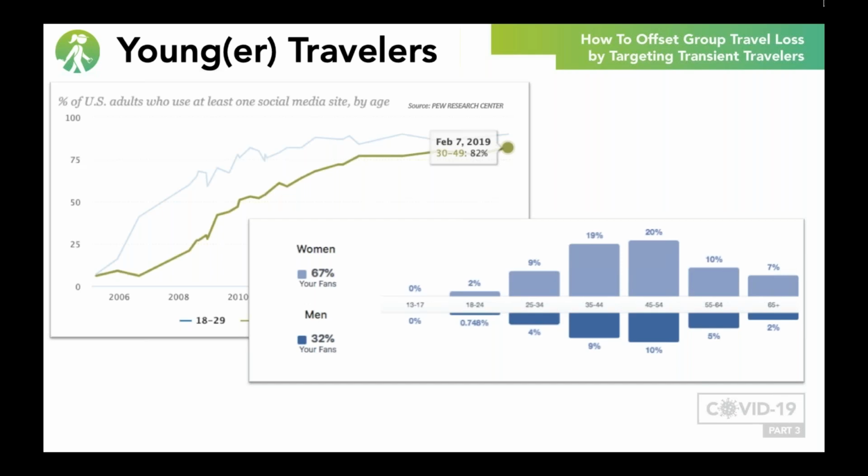Now, you can also use social media data and analytics to see what type of following and audience your hotel has on social media currently. This type of information can be extremely valuable when determining what type of content to post and what demographic is viewing and engaging with the property's page.